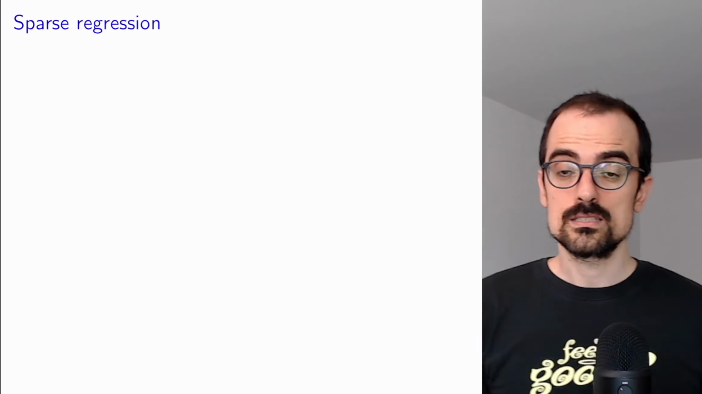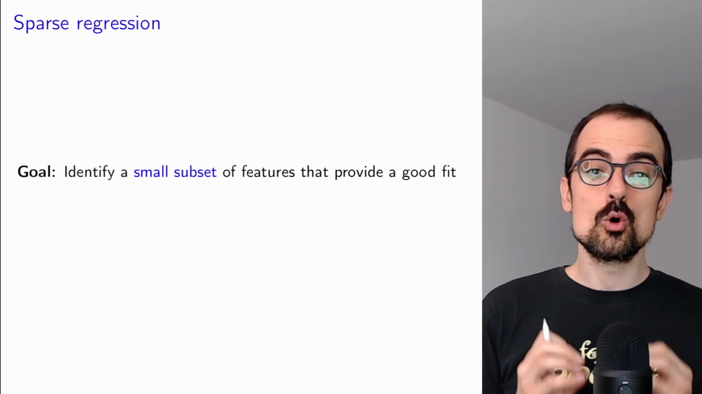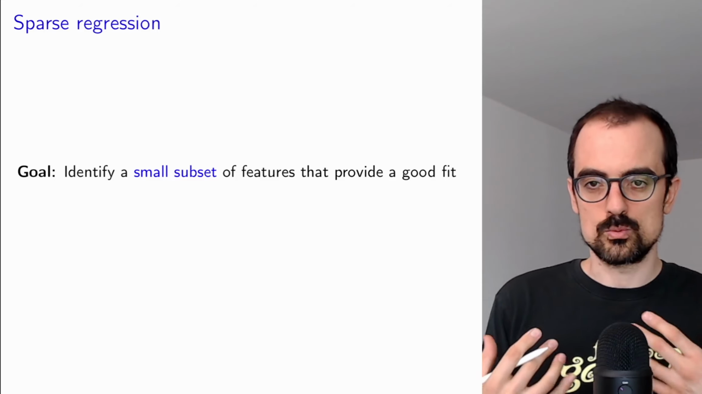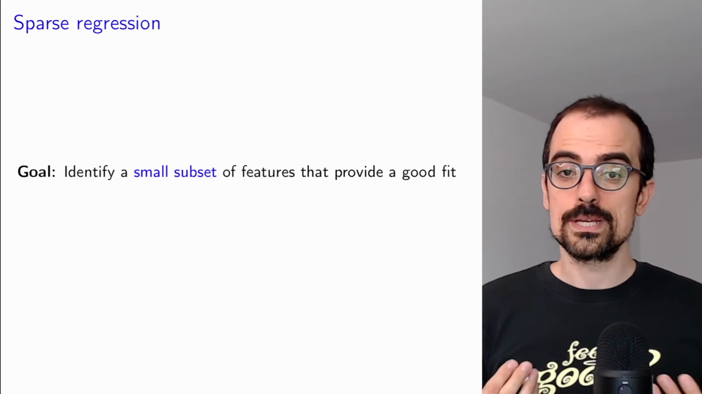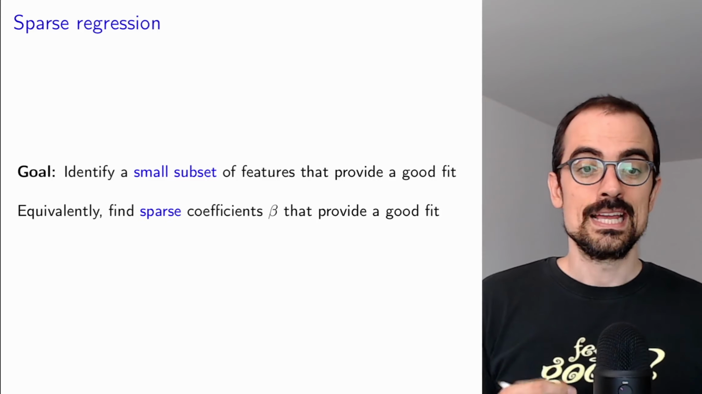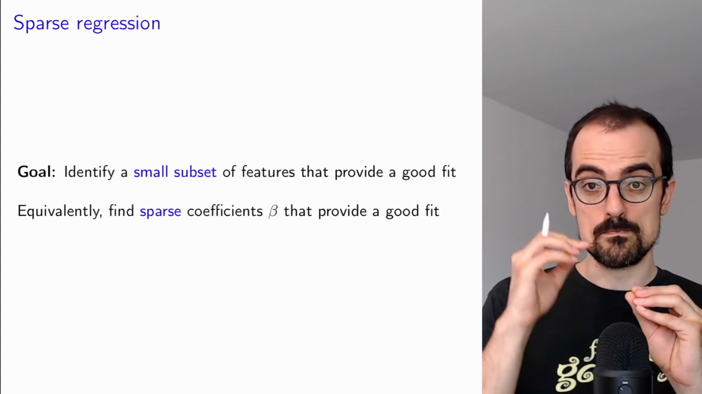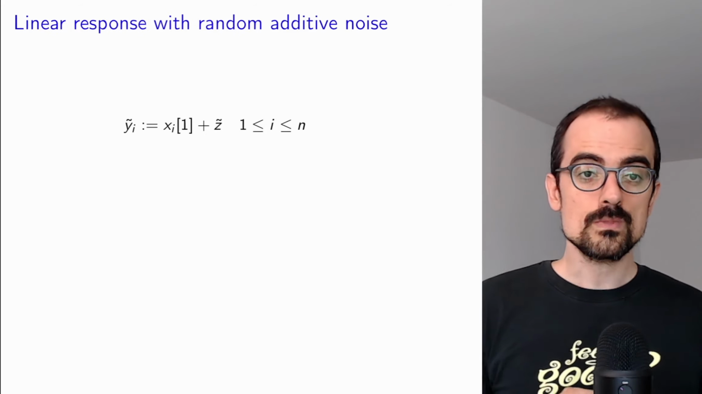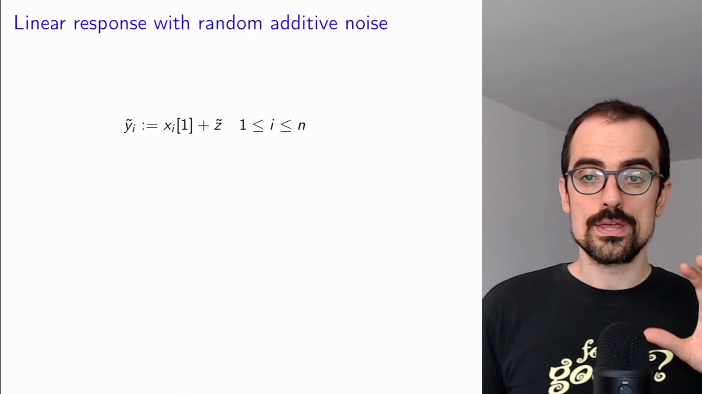In some cases, you may want to actually obtain a linear estimator that only depends on a small subset of the features, because you believe that this will allow you to obtain a good fit and prevent overfitting, or because you want a more interpretable model that just depends on a small number of features. Equivalently, you want to find a sparse vector of parameters where most of the coefficients are 0 that still provides a good fit. This is the problem of sparse regression,